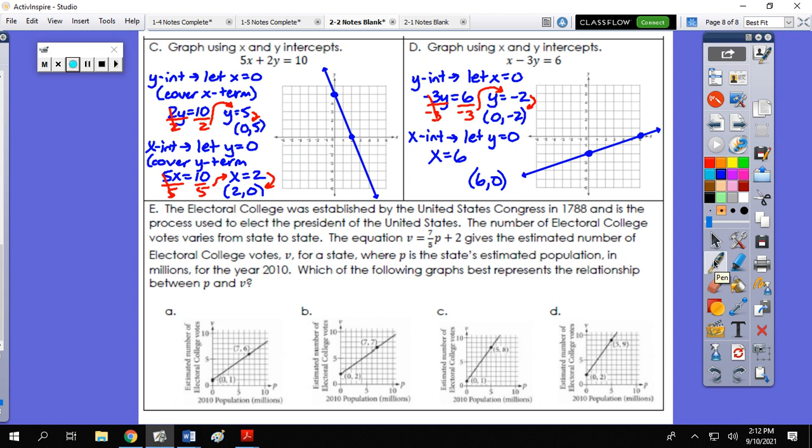Okay, finally we have a word problem. The Electoral College was established by the United States Congress in 1788 and is a process used to elect the President of the United States. The number of Electoral College votes varies from state to state. The equation, V equals 7/5 P plus 2, gives the estimated number of Electoral College votes, V, for a state. P is the state's estimated population in millions for the year 2010. Which of the following graphs best represents the relationship between P and V? That's a lot of words for basically saying which graph